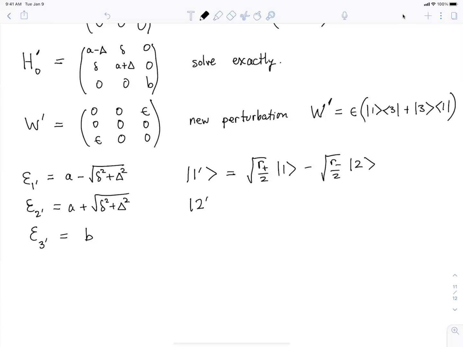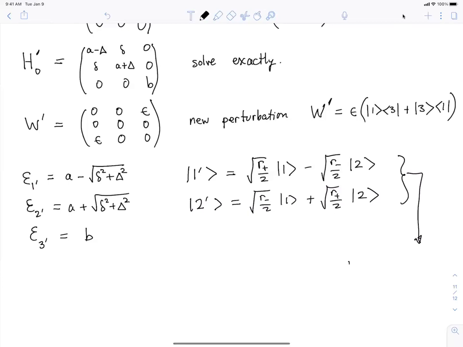And for 2 prime, it's this. So I have to tell you what R plus and R minus are. And the hard part of this is really just normalizing these kets. So it turns out when you write this down,